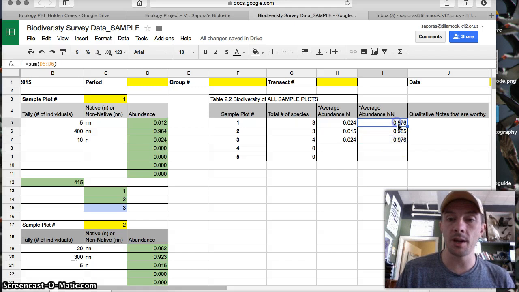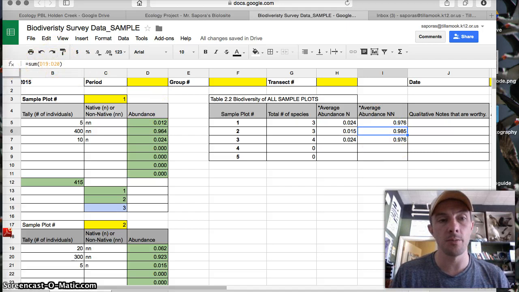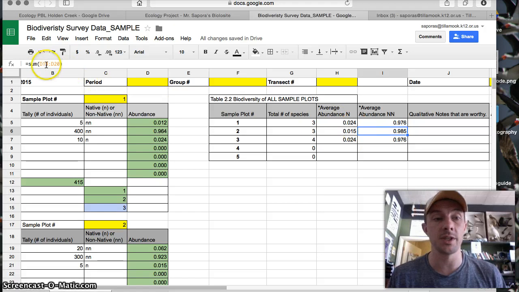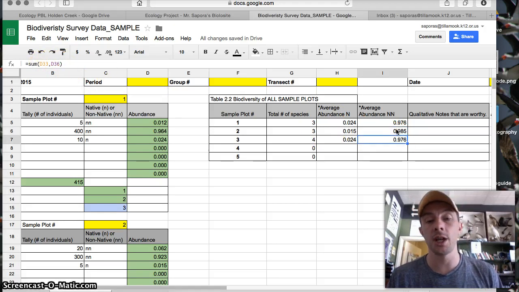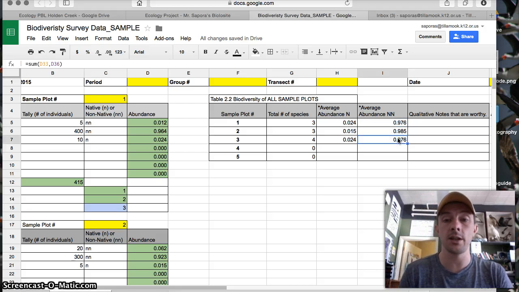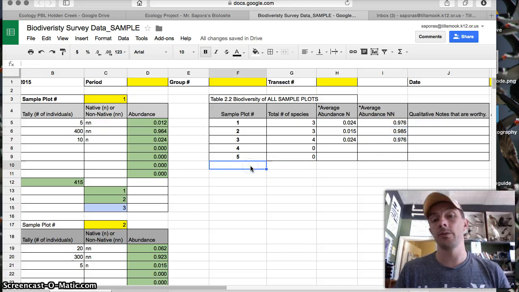You can always double check this by clicking on the cell itself, and if you look over here in what's called the function bar, you can see what the cell actually equals. It doesn't equal 0.985, it equals the sum of cells D19 and D20. Anyway, double check that you have your formulas and functions entered correctly, and now we will total this up